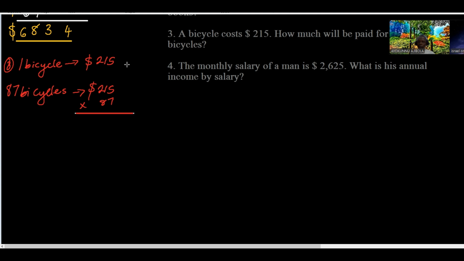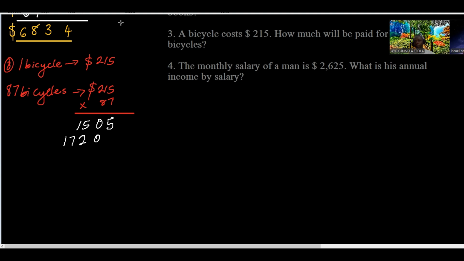And this is going to give us, we have 7 times 5 is 35. Keep 3. 7 times 1 is 7 plus 3. That is 10. I keep 1. 7 times 2 is 14 plus 1. That's 15. And 8 times 5 is 40. I keep 4. 8 times 1 is 8 plus 4. That's 12. I keep 2. I keep 1. Then 8 times 2 is 16 plus 1. That is